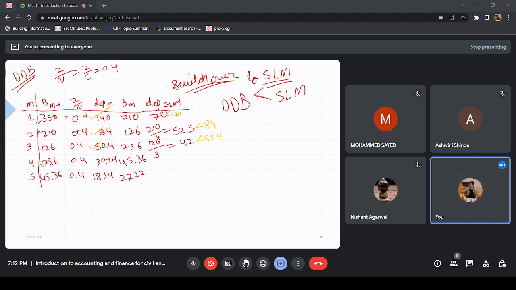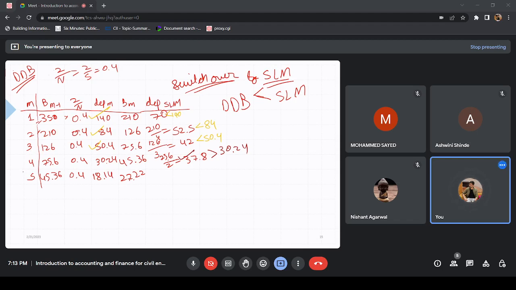Now for this year you have got 75.6 by 2. So what value are we getting? 37.8. Now you can see that this 37.8 is greater than 30.24 by double declining balance method. So we will be picking 37.8. So at the end of year 3 we will be switching over to